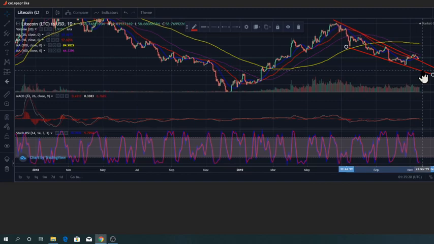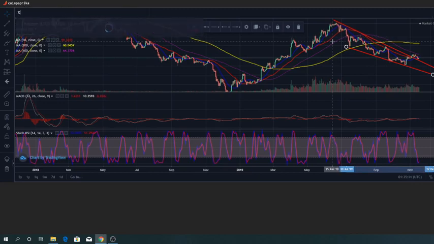So if you are a long-term investor, your stop loss should be somewhere here. Or if you're a short-term trader looking for the up run here, then your stop loss should be somewhere here, just below that trading range. So if the price actually comes back into the range, you should be taken out. But if the price is moving up high, that should give you significant profit in a shorter time frame.